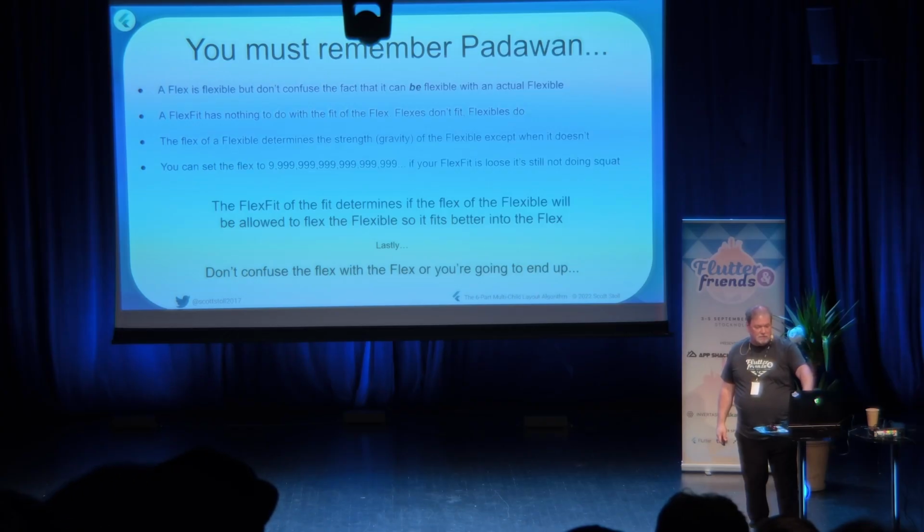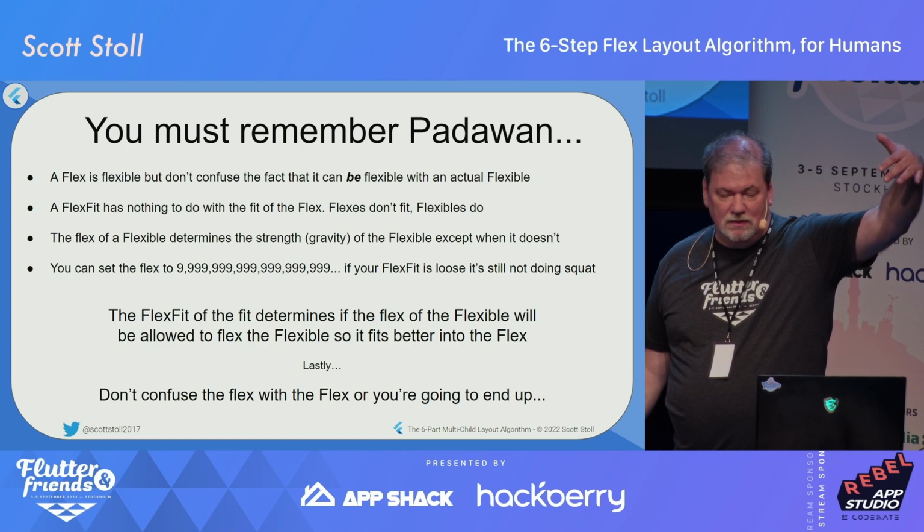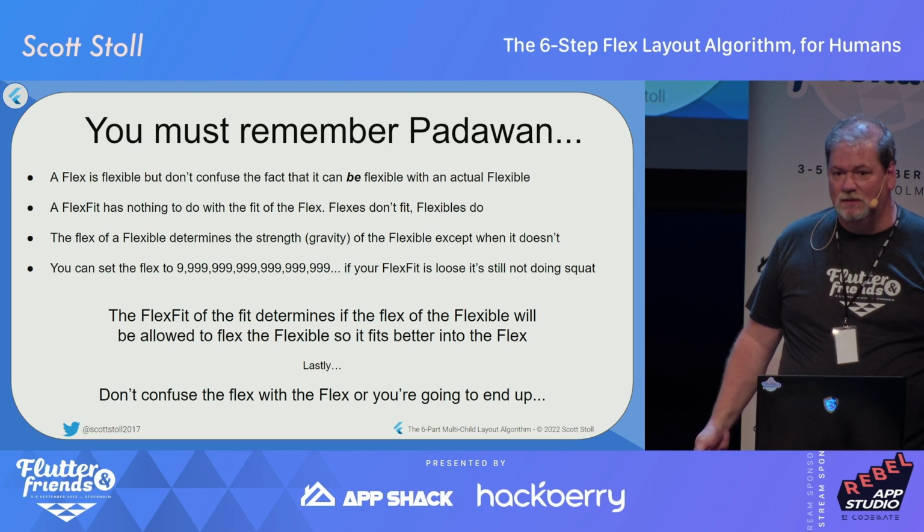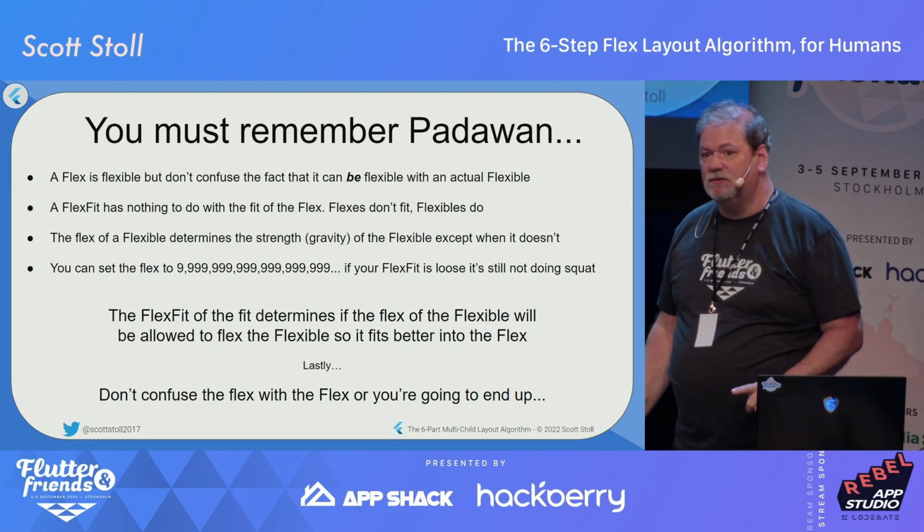Remember, if the fit is tight, it will allow the flex of the Flexible to flex the Flexible so that it fits better into the flex. But if the fit is loose, it's not going to do anything. So the FlexFit determines if the flex of that Flexible is going to be allowed to flex the Flexible so that it will fit better into your Flex, which is your row or column. Okay? And remember, don't confuse the flex with the flex, or you're going to end up